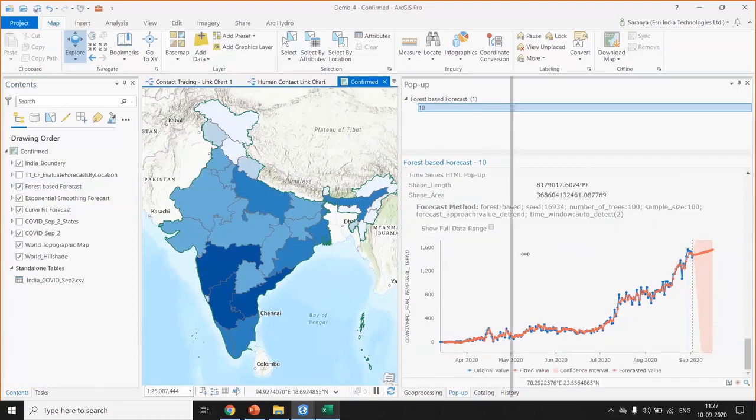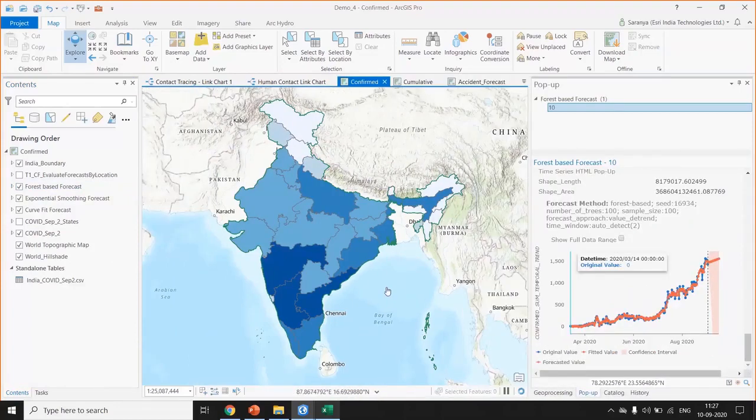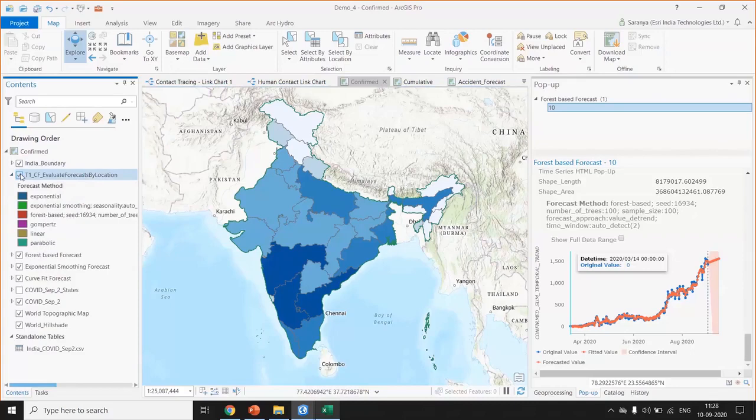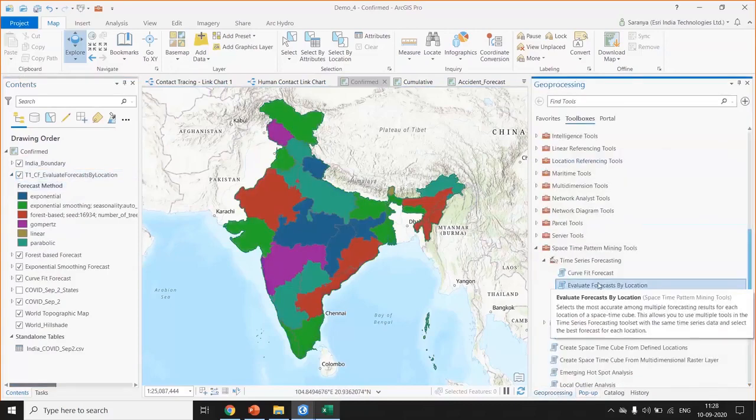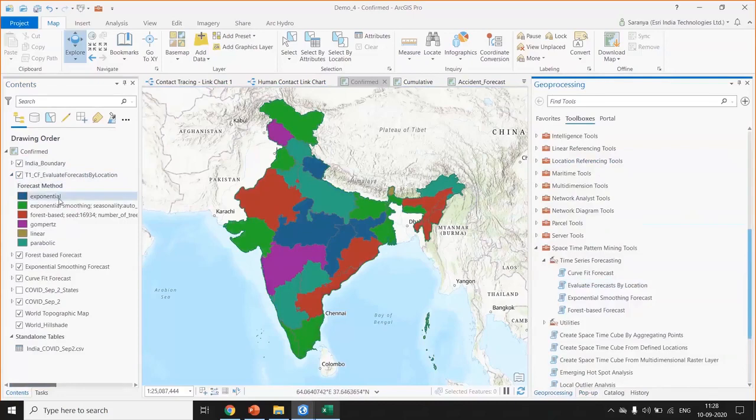The issue is you cannot fit the same curve for a whole country because each district has its own behavior in which the disease is spreading. Each state has a different behavior. In such cases, we can use the evaluate forecast by location tool, which will help us identify which model fits better where.